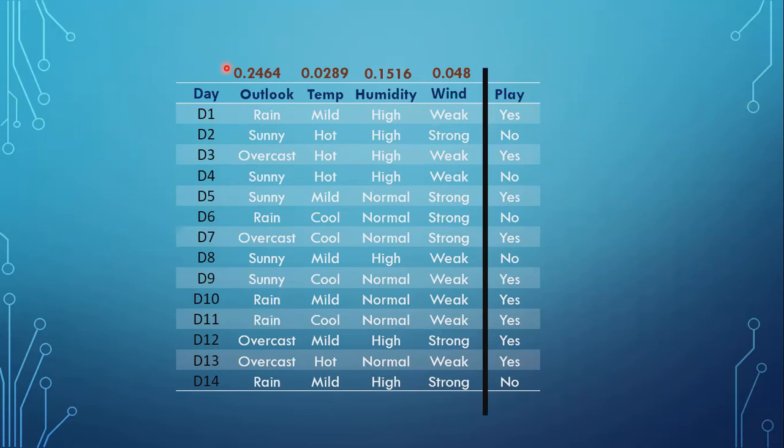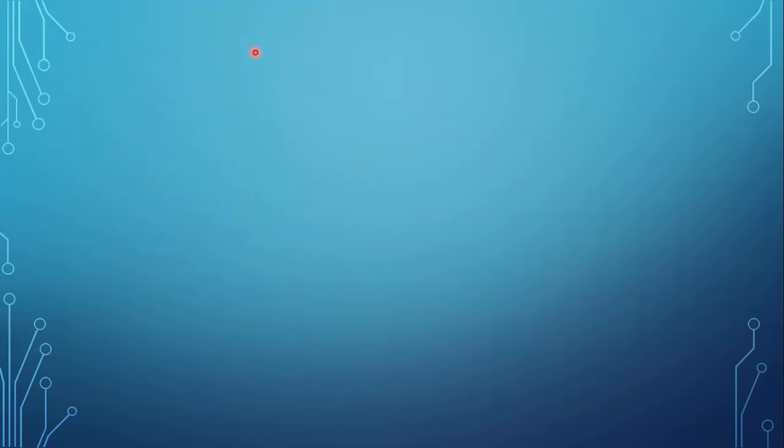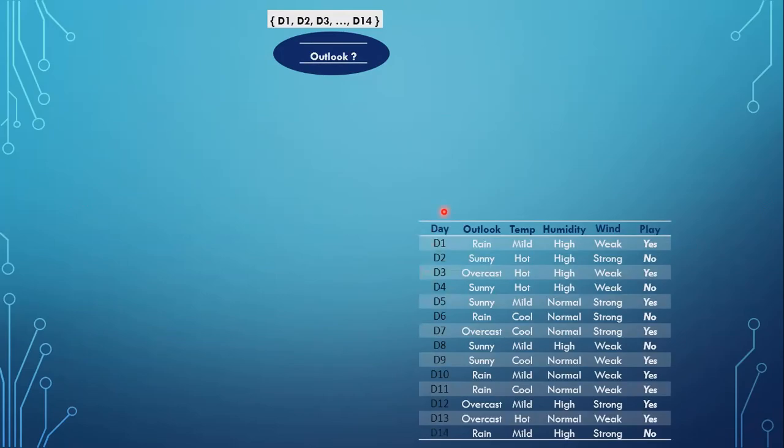Now we have to select the feature according to the ID3 algorithm. We have to select the feature with highest information gain. So in this case, we have outlook here with the highest information gain. So we will start with the root node, where we have all the data set present, where we have all the examples, and the column that we will select at the root node will be outlook. So for reference, we will have our data set here. Okay. So from D1 to D14, we have all the examples at root node. Okay. So the feature upon which we are going to divide our data set is outlook. And this feature is chosen based on the information gain.